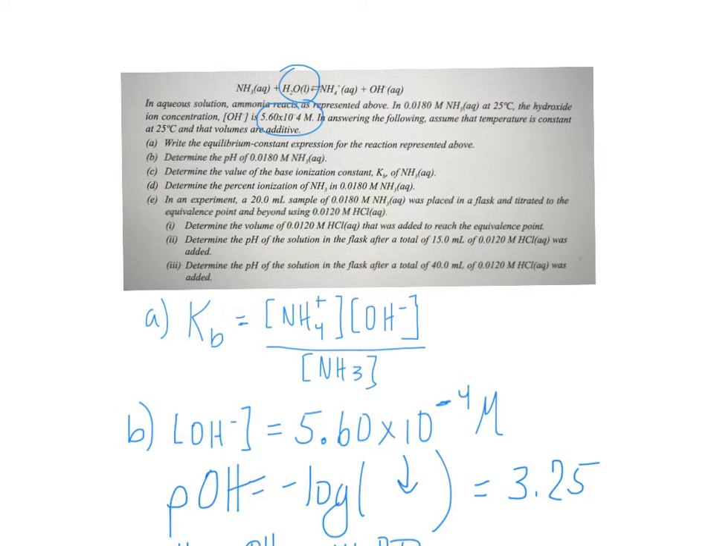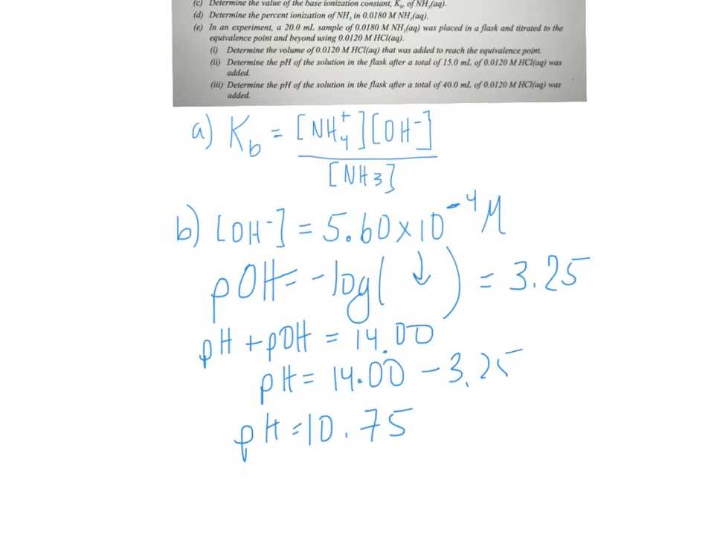Determine the value of the base ionization constant Kb. Well, when we think about our expression, we could write out a RICE table, but in our reaction, we know that this concentration right here is in fact the 5.60 times 10 to the negative 4. We also know that whenever this is made, the ammonia is consumed at the same time. Because this number is very small, at 10 to the negative 4, we could use the assumption that the concentration of the ammonia minus this x is so small that it's negligible. So for part C,